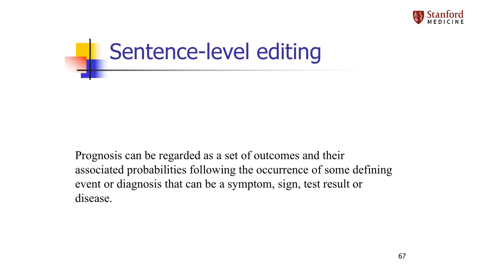All right, one more sentence to go here. That last sentence was just a definition of prognosis. You can see that there's a lot that can be cut in this sentence. So we get prognosis can be regarded as, we can just say is instead of can be regarded as. And then we get a set of outcomes and their associated probabilities following the occurrence of. This is all very wordy. I'm just going to change this to prognosis is the probability